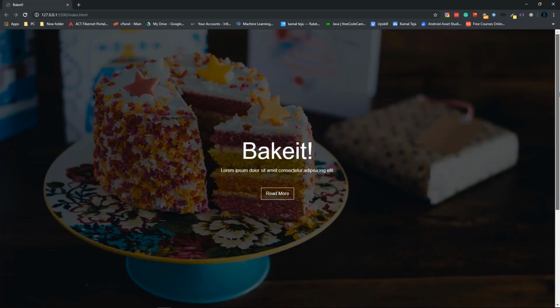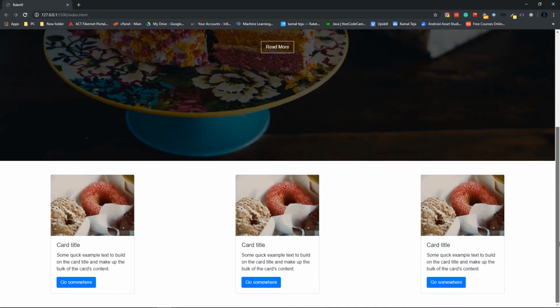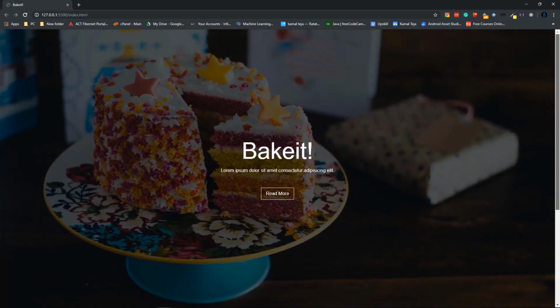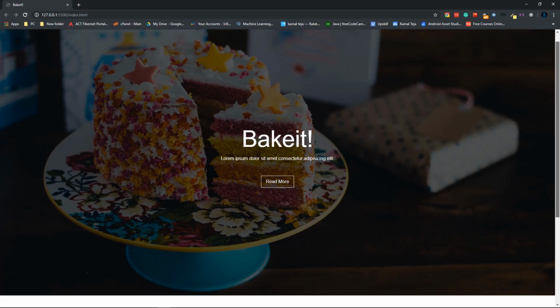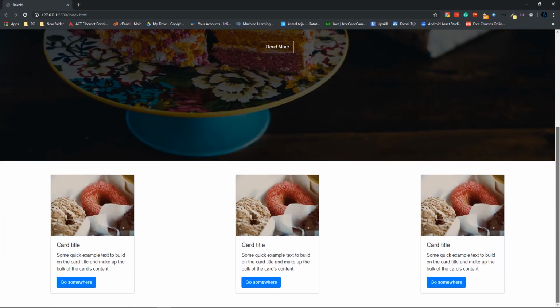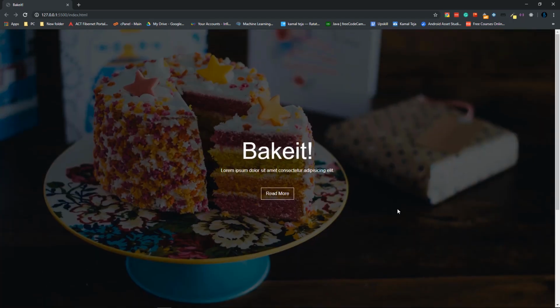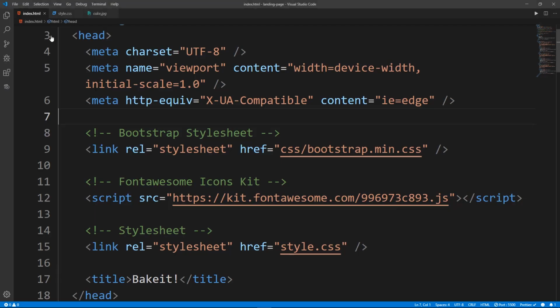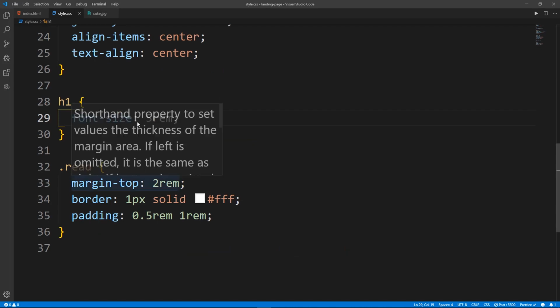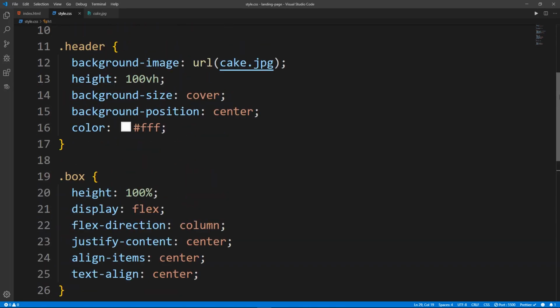So I have added a bit of dummy data here, so it's going to look something like this. So this is essentially our landing page, and this is what the website is going to look like later on. Okay, fine. Now for those of you who have bared with my blabbering till now, I have something good for you. So go to the CSS file, and in the header that we had created,